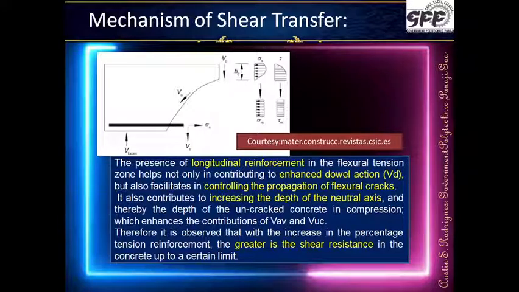As we understand, the maximum shear occurs at the support, whichever support it may be. And when we consider what resists the shear, there are four things. One is the concrete's own internal capability. Second is the aggregate interlock. Third is the dowel action of the reinforcement. And fourth is the shear reinforcement provided. All these things together resist the shear in different magnitudes, but together it is always equal to the capital V, the shear force coming on the beam.